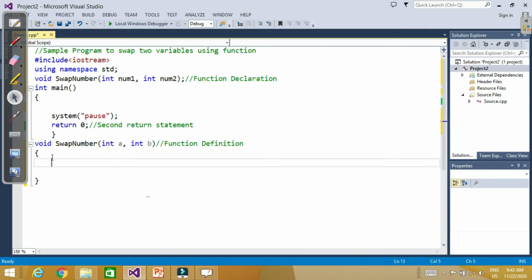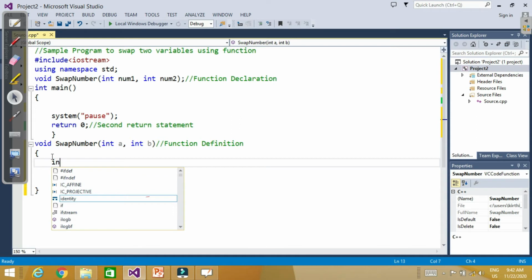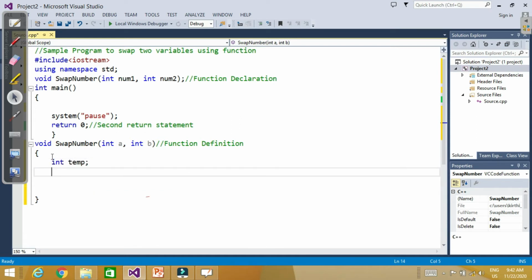Okay, so now the condition is we have to swap two numbers. After executing this function, the value of a should be the value of b and the value of b should be the value of a. For that purpose, let's say I take a temporary variable named temp. I write temp is equal to a, then a is equal to b, and then b is equal to temp.